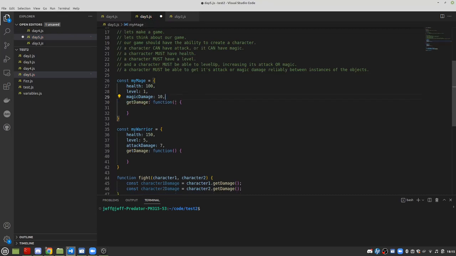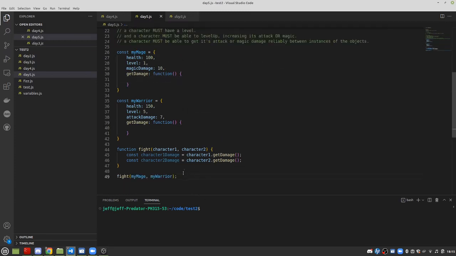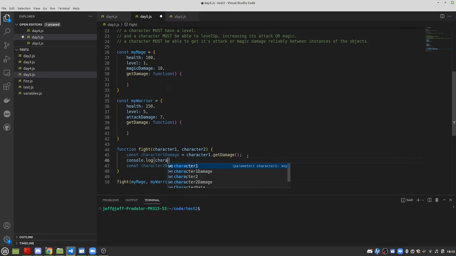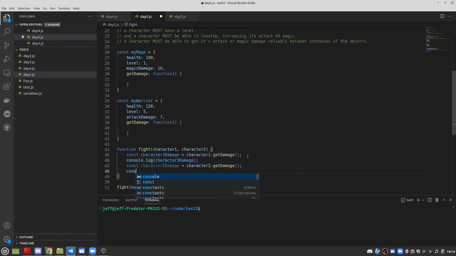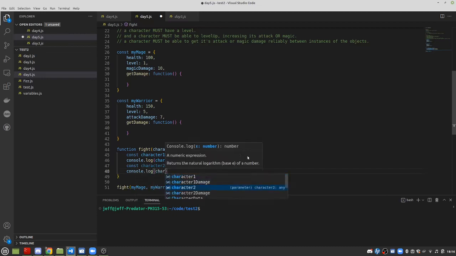It would get very messy to account for this elsewhere. Each character should be responsible for calculating its own damage. So how do we get access to the damage in the function? Because right now, if I run this and I console.log the character 1 damage, and I console.log the character 2 damage,